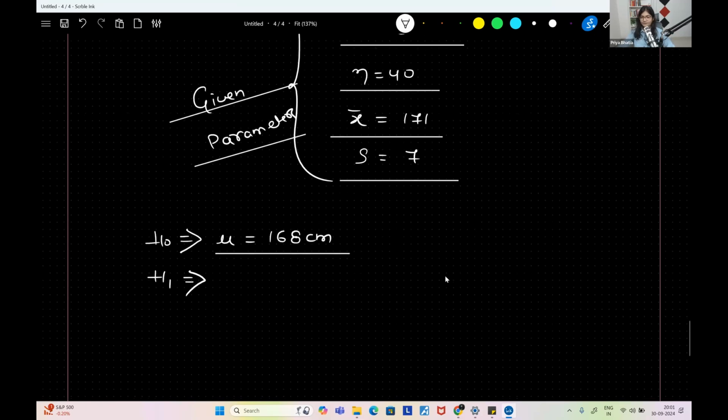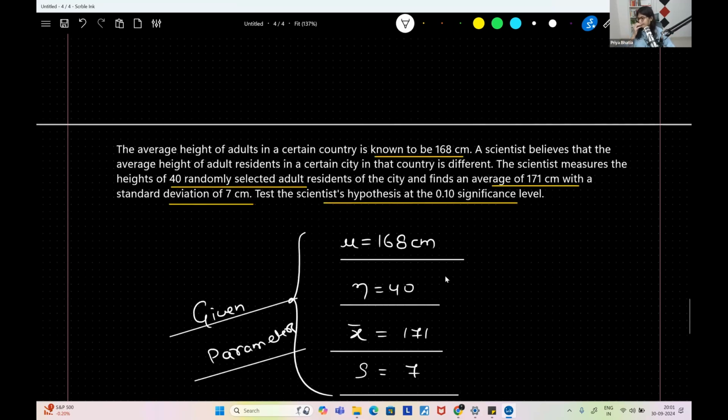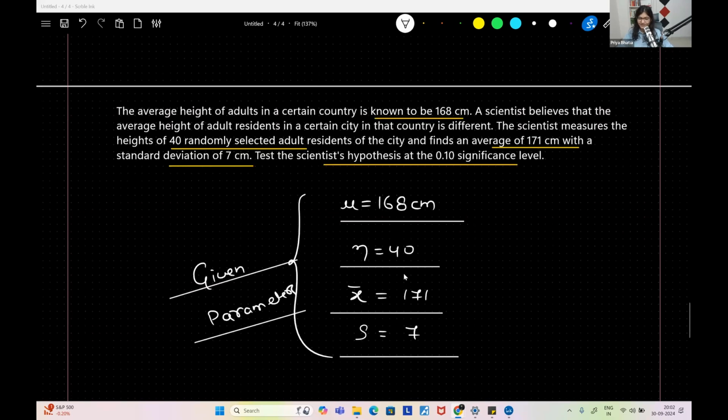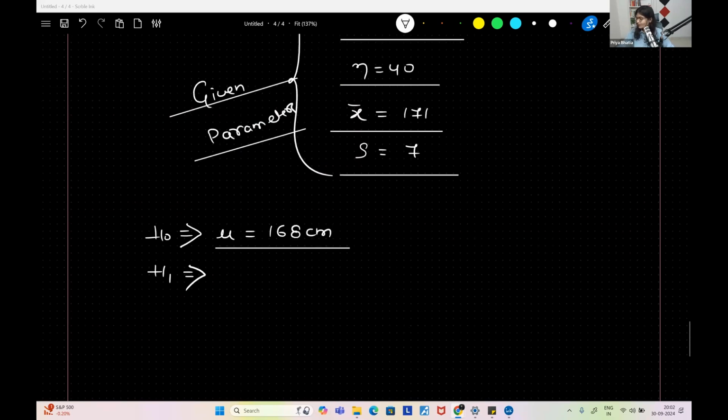What is the alternate one? If I'm saying the null hypothesis is that the average height is equal to 168 centimeter, so it's a correct statement. So what will be the alternate one? The alternate one will say that the average height is not equal to 168 centimeter. So this is the very first step in any problem: to find out what is the null hypothesis